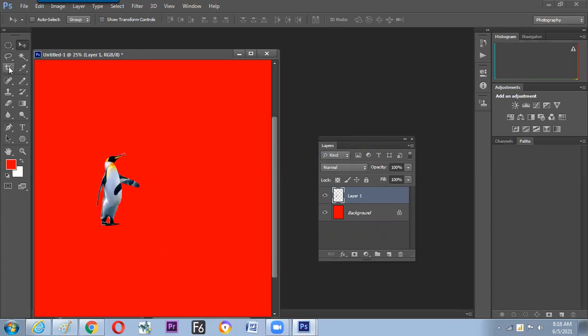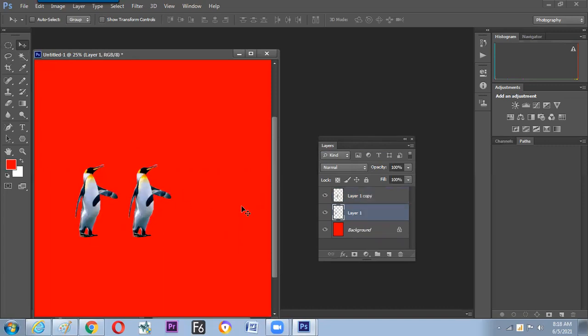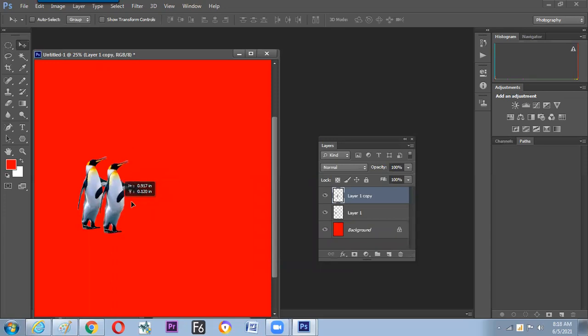Take the lasso tool, make some photo cutting, get them placed in a new canvas, and get them arranged by the move tool. If you take the move tool and hold alt and make a duplicate, then we can switch to any layer we want and place them anywhere we want. So duplicating and collaging photographs can be done with this. So let us move into the same tool once more.